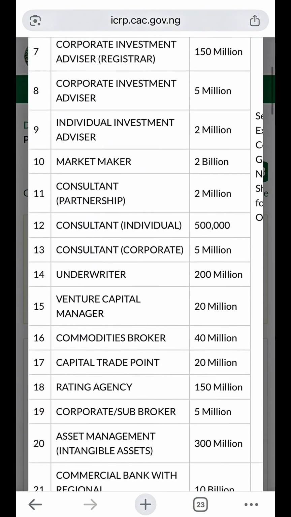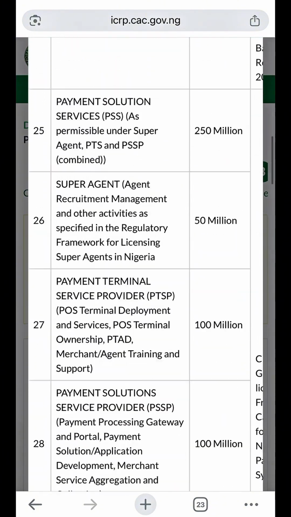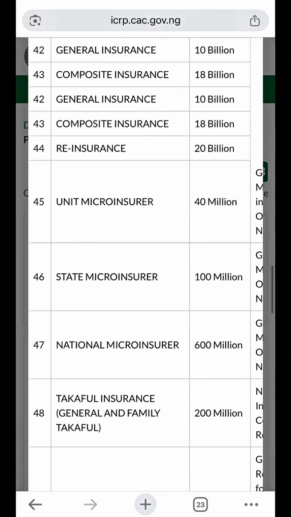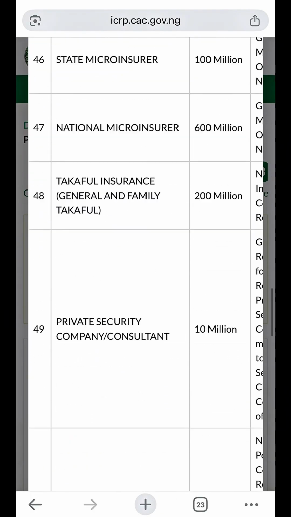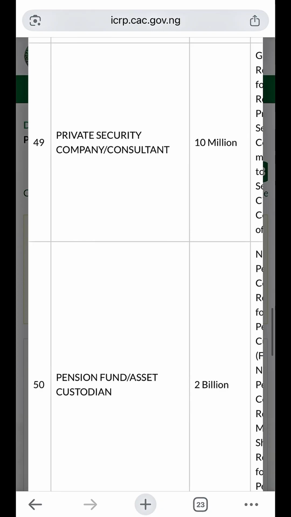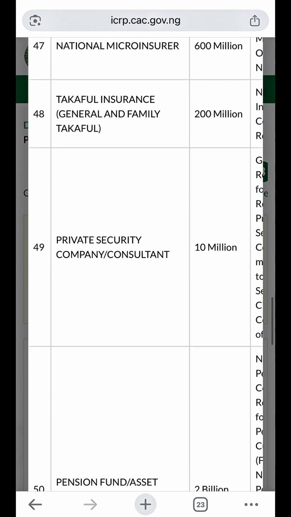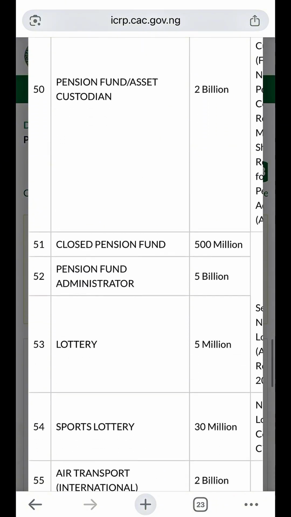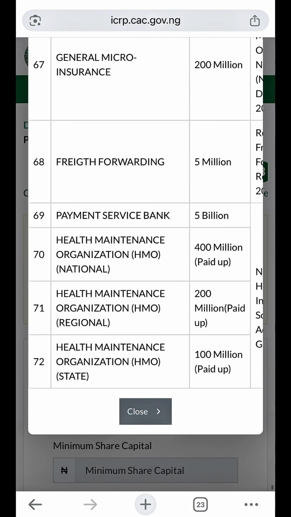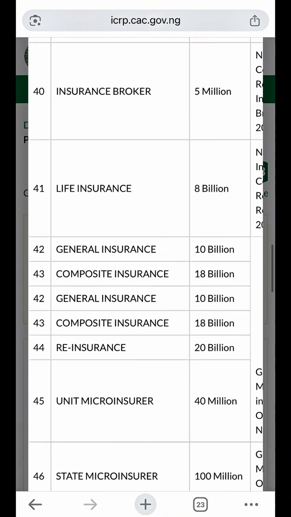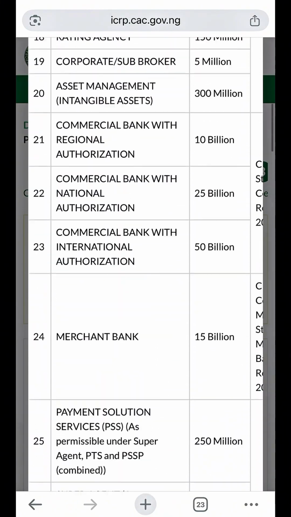So this is a kind of category CAC uses to categorize every kind of business. So let's say private security company consultants, you need 10 million share capital. You get? So this is how everything is categorized. But most businesses we register, you check the